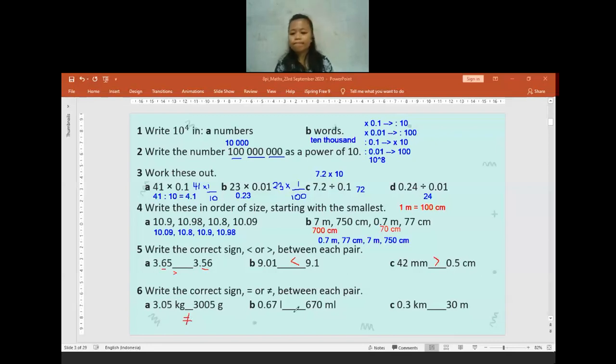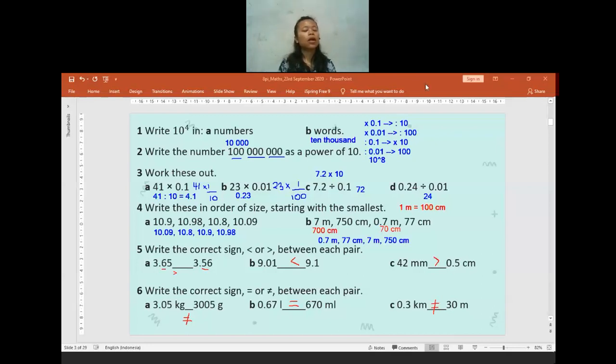Anyone have any confusion? No? None of you ask me anything, so I hope it's already clear enough. For question B, is it equal or is it unequal? Correct, it will be equal. For question C, is it equal or is it unequal? Which one is it? For question C, yes, it will be unequal. Any questions so far, or is my explanation too fast and you do not understand anything? I can repeat it again. No question? For sure? Okay.